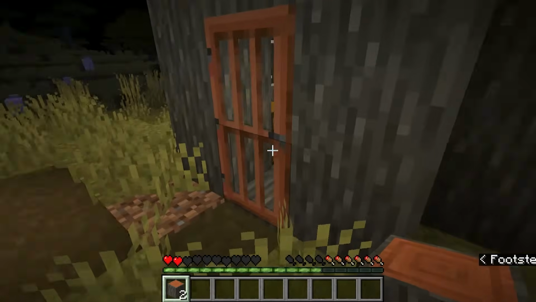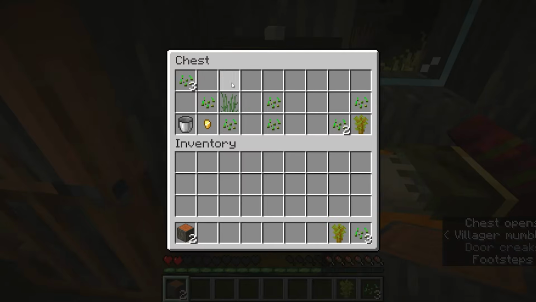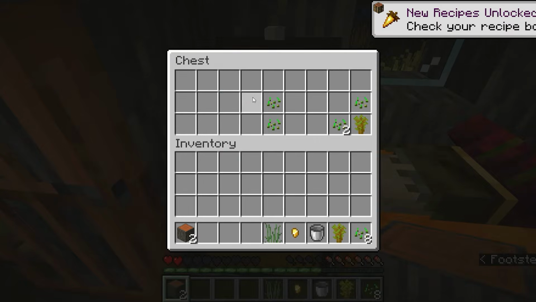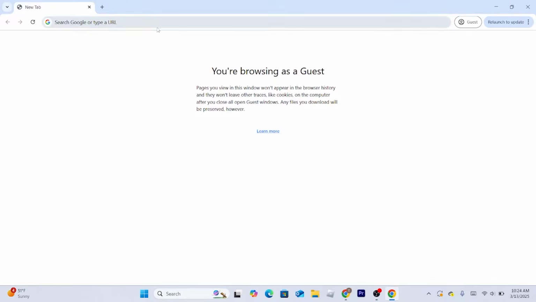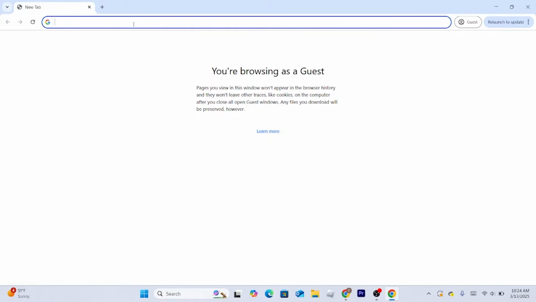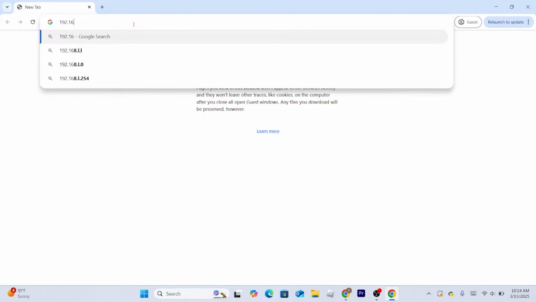Now, setting up port forwarding may be slightly different depending on your router. I'm using a Netgear router, but if you're using a different router, you might need to find a different tutorial. Okay, so the first step is to open a new tab in your browser and make sure you're connected to your network and type in